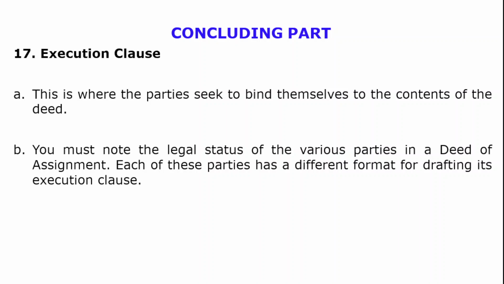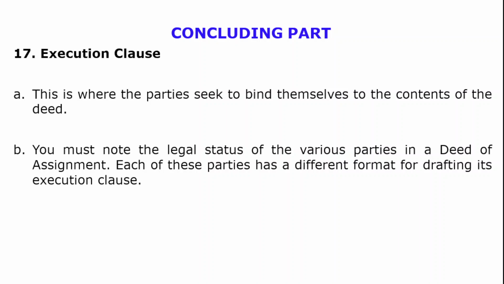But you must note that the way to draft it for a company is not the same way to draft it for an incorporated trustee. There's what to include. It's not the same way you will draft it if a donee is selling on behalf of, let's say for example, Jumoke Kende appointed ABC as donee to sell that land on her behalf to Chief Adiola. How we will draft and couch the execution clause will be different. So these are the things you need to know. So that tells you that the